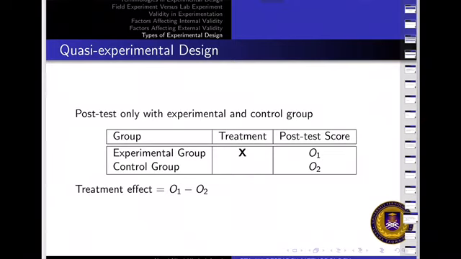So there are several types of experimental design. But in this case I want to highlight these three main experimental designs. So the first one is a quasi-experimental design. In the quasi-experimental design, it involves only post-test for the experimental and control group. For example here, let's say macam tadi lah, let's say you want to study the effectiveness of the diabetic